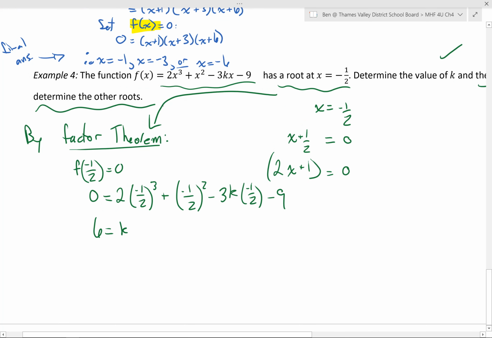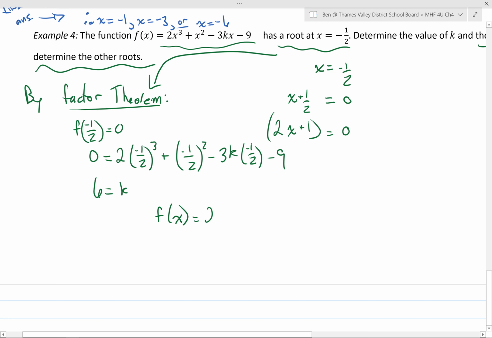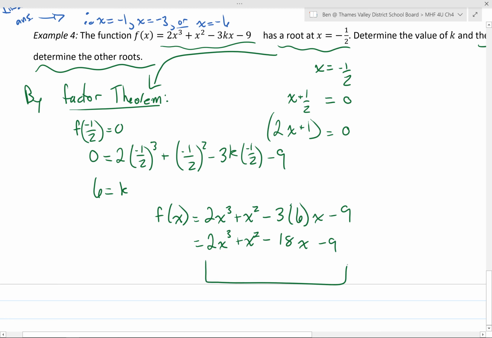We're working with f of x now equals 2x cubed plus x squared minus 3 times 6x minus 9, and that is 2 times x cubed plus x squared minus 18x minus 9. We can factor out our 2x plus 1 that we found earlier in our solution to come up with our final answer, again, which will be posted on